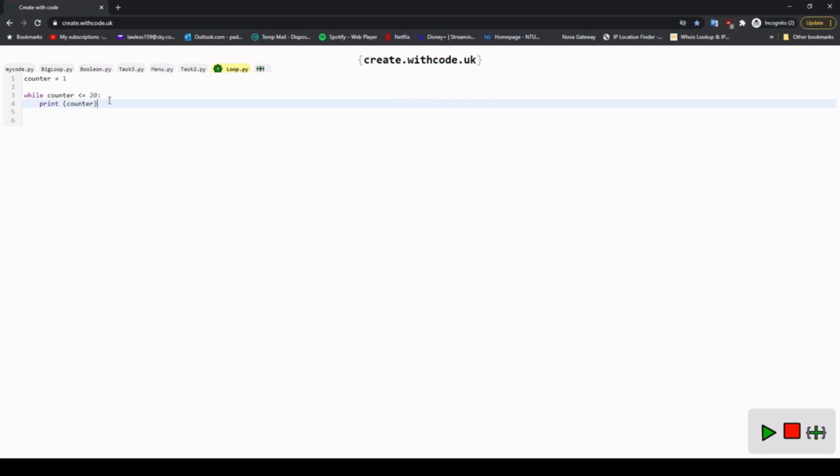This is because at the moment we're saying while counter is less than or equal to 20, counter equals 1. Well, that's a problem because counter is always, no matter what happens in this program, going to be 1. So this statement is always going to be true, so it's going to print this forever. So we need to find a way to make sure that after this statement is printed 20 times, the